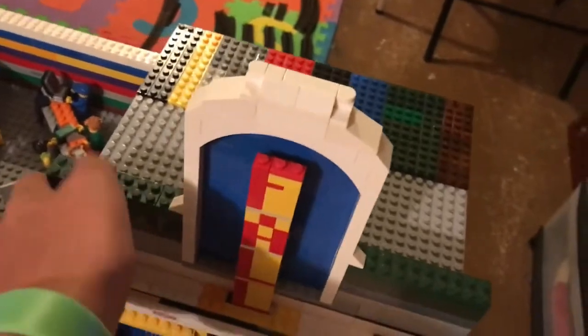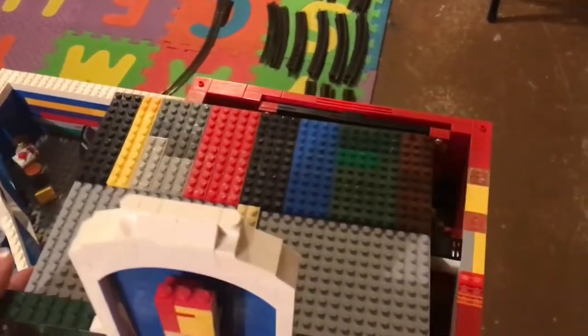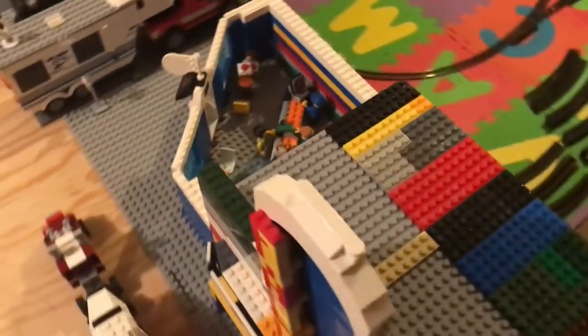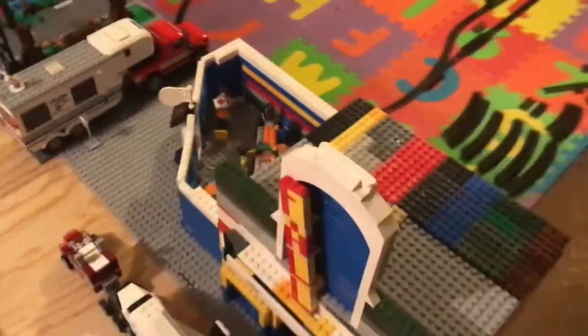If we take off the roof like this, then you can see that the front is obviously the place for food, and then here's the actual theater, where we have 2 people watching plus the camera. This building has gone through 2 or maybe even 3 different versions just by me rebuilding it. The latest one is when I took apart both this building and the movie theater